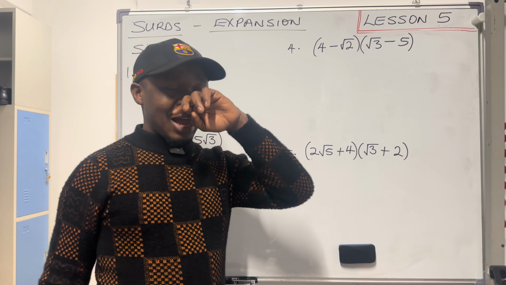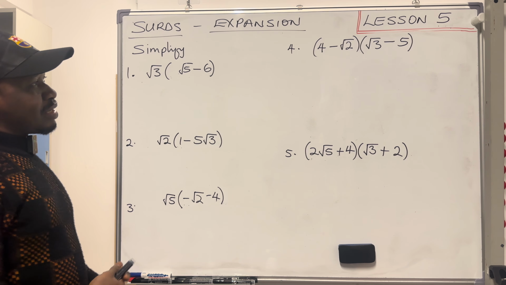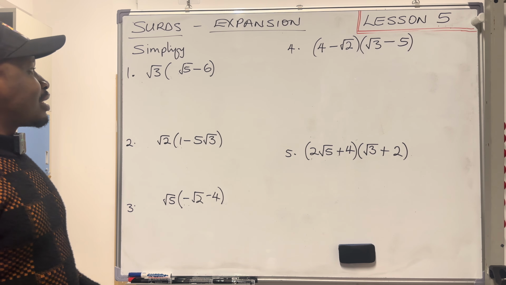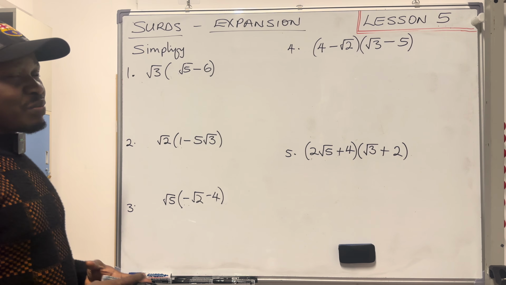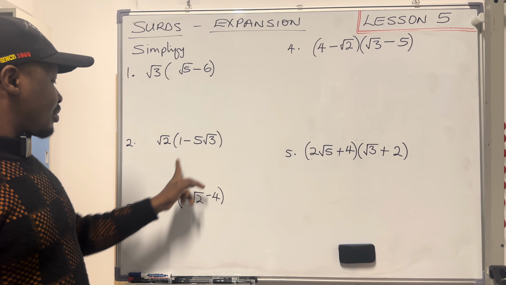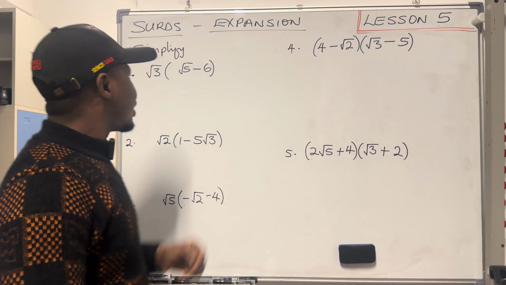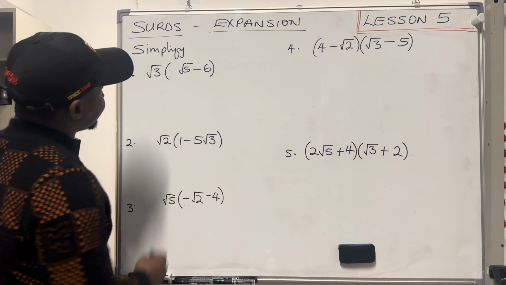Hi class, we have the fifth lesson for surds. We are still practicing how to expand. There are two ways basically: one term multiplying a bracket, and two bracket expansion. Okay, so here,